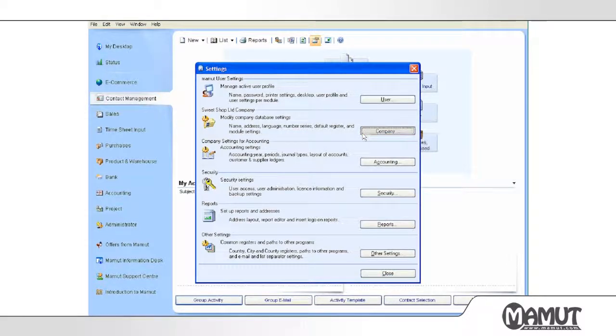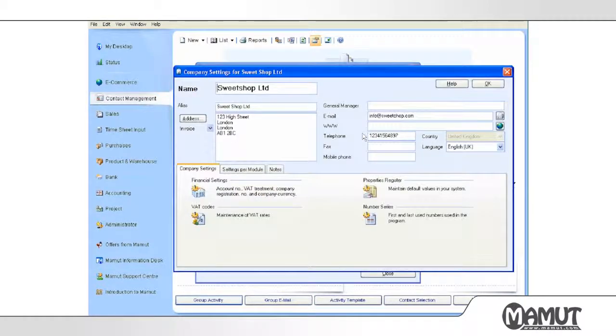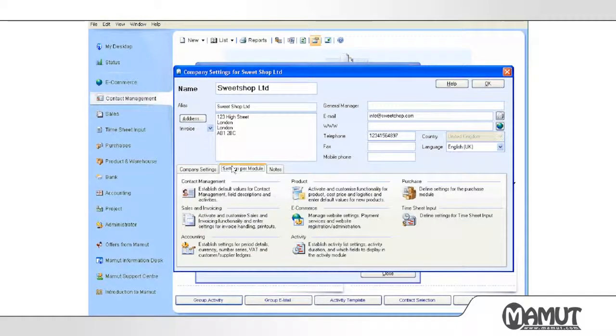So I click into settings and then company. That then opens up a new window, and that then allows me to go to settings per module, which is the second tab in there, the middle tab, and here you can see all the different modules here. So obviously the settings that we want are going to appear under contact management, as that's where we want to make the change. So I click into